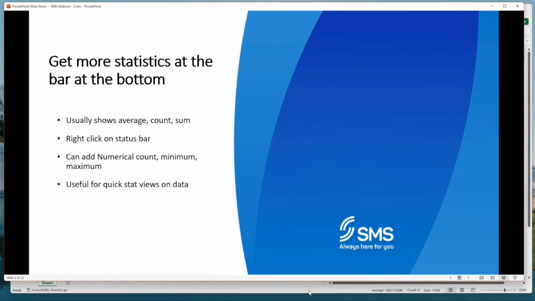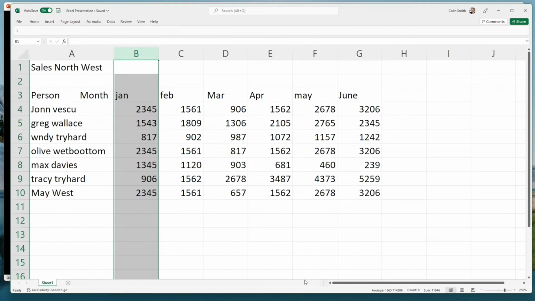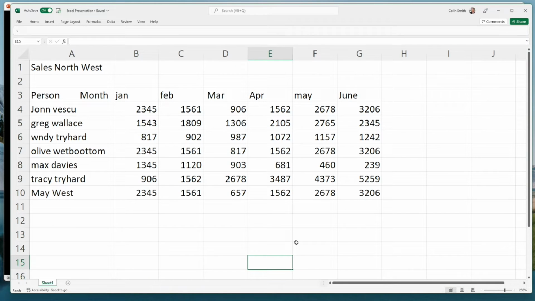Yeah. First of all, let's just have a quick look at a spreadsheet here. So we've done up a sort of dummy spreadsheet that we'll return to during the course of this presentation. And it's just very rough, and it just shows some sales figures for some salesmen. So you can see the months across the top, salesmen down the side, and the figures they've achieved for each